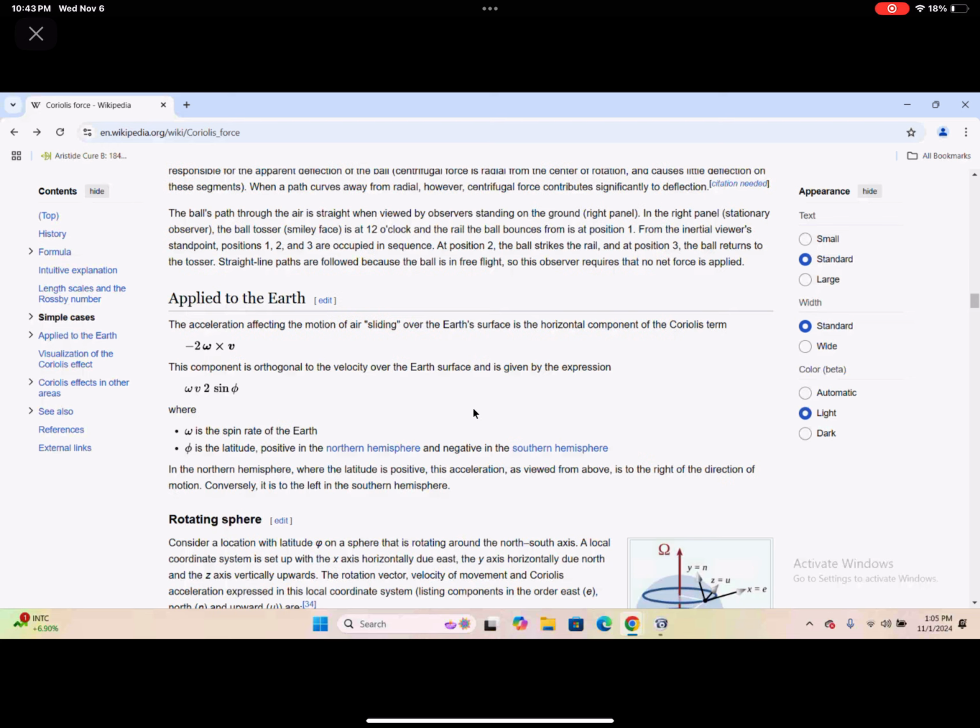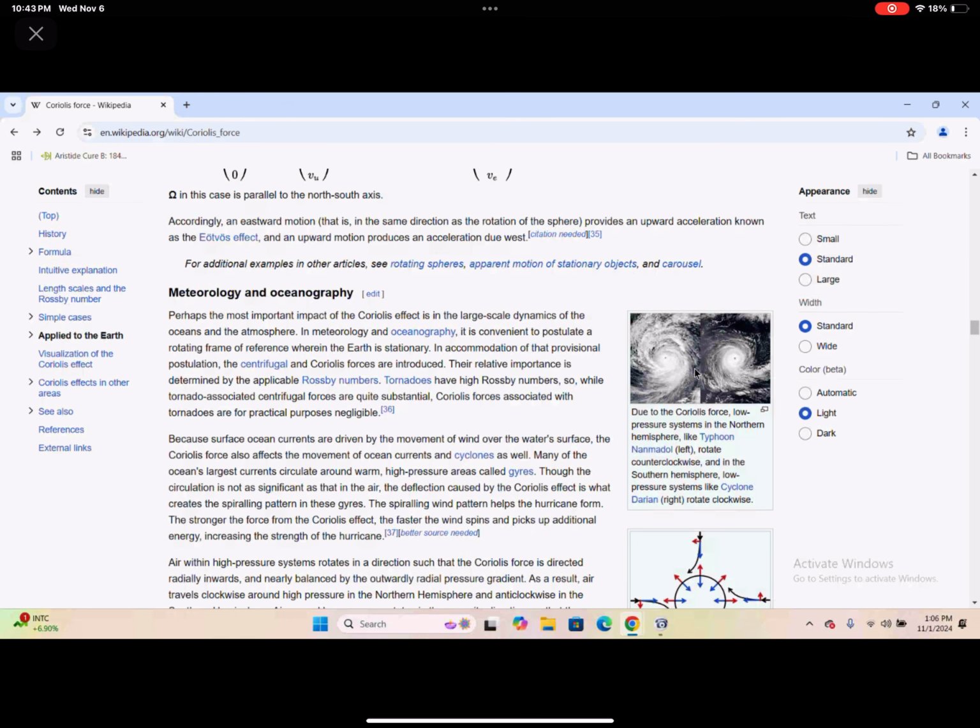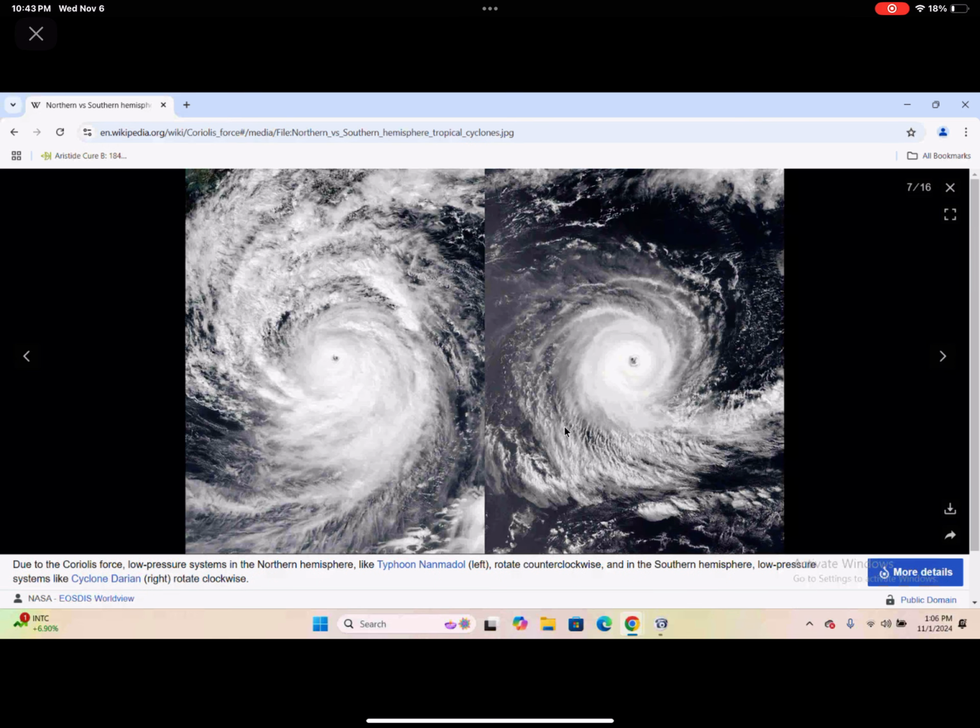hurricanes. Okay, hurricanes on Earth happen because Earth rotates. If Earth was not rotating, you would not have any hurricanes. And as you see, there are two pictures of this hurricane here. One is in the northern hemisphere, which is called a hurricane, and the other one in the southern hemisphere, which is called a cyclone. And due to this Coriolis force, what happens is, in the northern hemisphere, which is the left side picture on my screen,